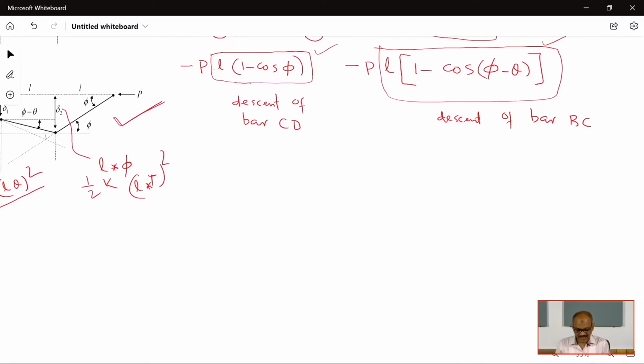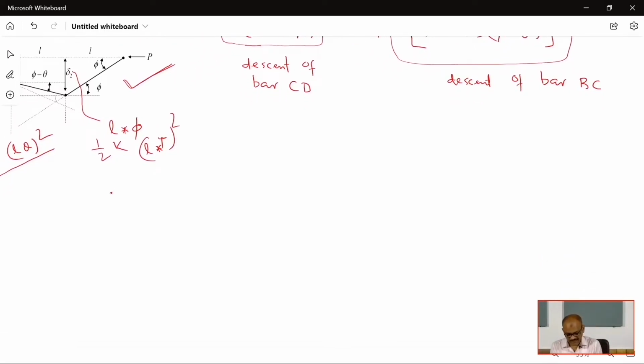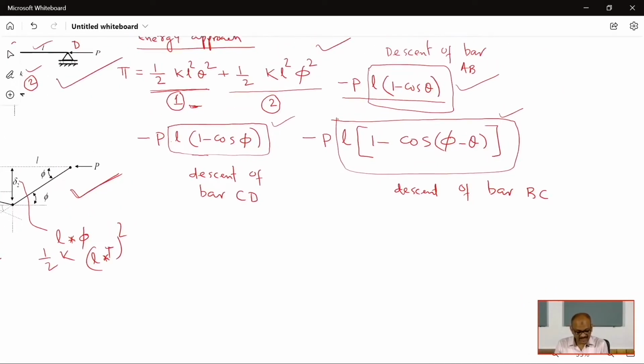If we simplify this expression of the total potential energy and write the expression of cos